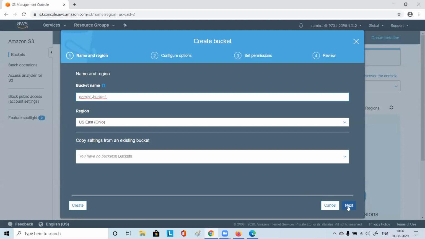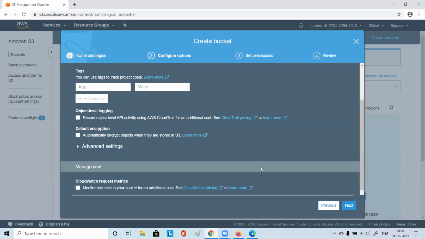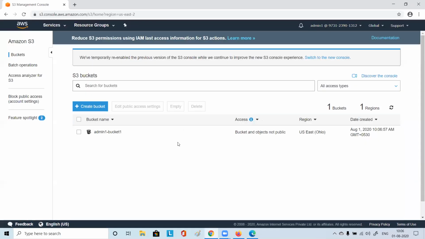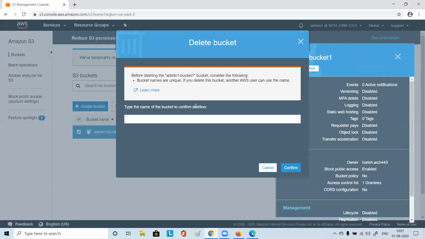This will not exist, I'm very sure. See, now whatever options, let it be. I'm going to say next, create bucket. So the bucket is created, right? And now you select the bucket, delete the bucket,